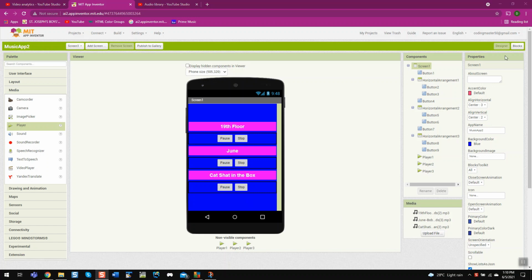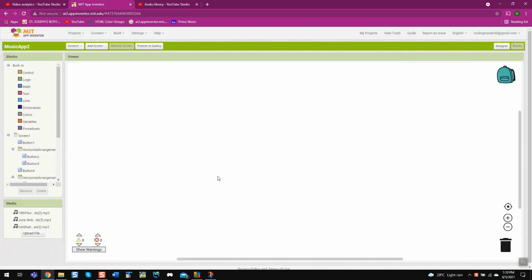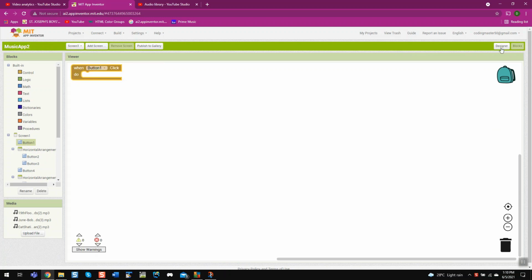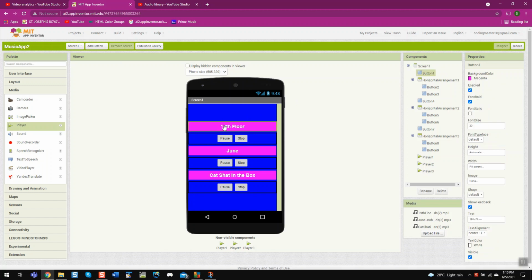Now click on the block button and you will come to this screen. Now when button 1 dot click, and button 1 is this button. We will rename it so we don't get confused.